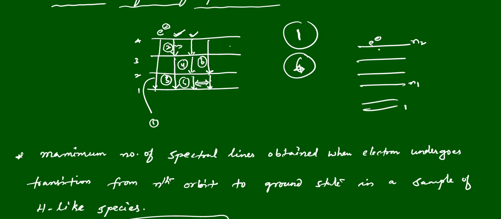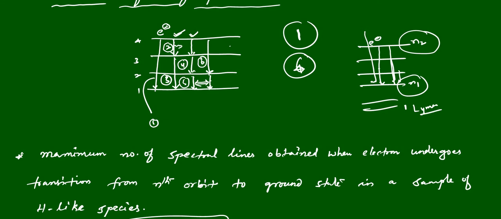Now we want to calculate the spectral lines to some particular shell, to the N1 level. It may come from somewhere outside. So in that case, how many spectral lines can we calculate from one particular shell to another shell, except the ground state? Except the ground state means except the Lyman spectral lines; the remaining Balmer, Paschen, Brackett come under it.